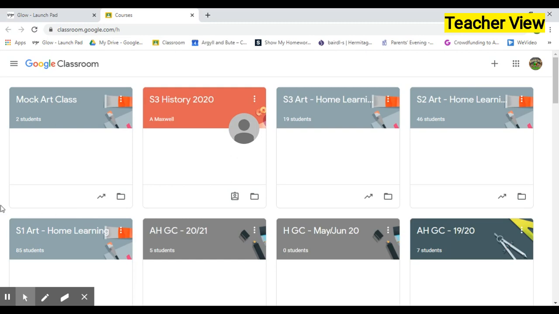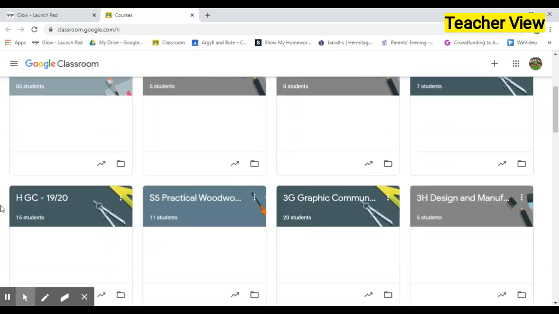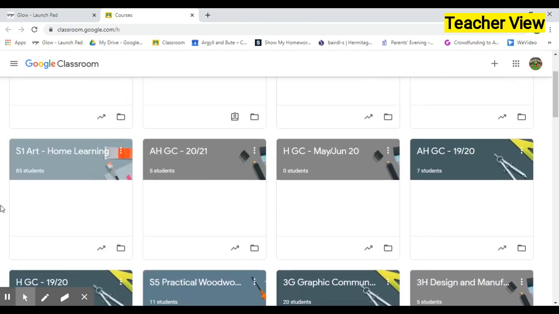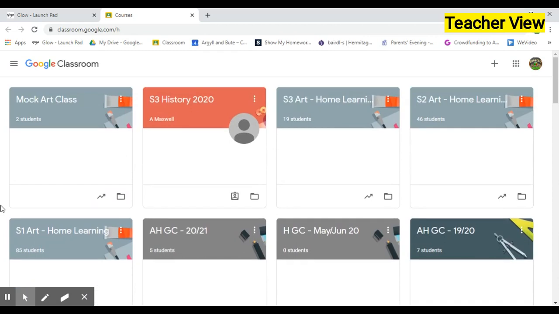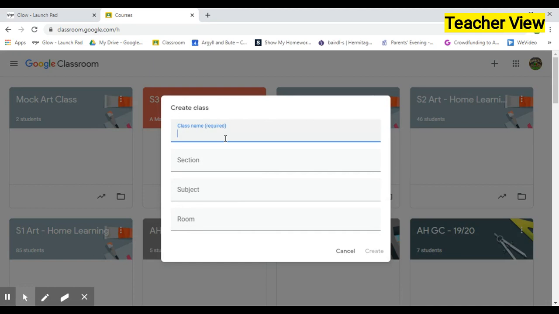You can see here that I have a lot of classes already set up. Today I'm going to set up a new Google Classroom called Home Learning, and to do that I'm going to click on the plus sign over here where it says create or join a class. I'm going to go down to create class. The only field that is required is the class name field. I'm going to call this Home Learning